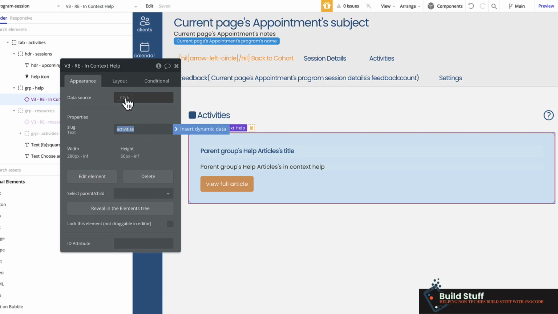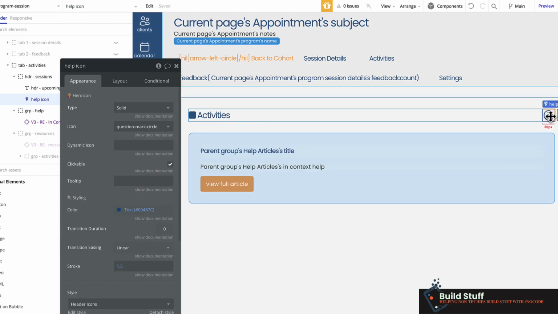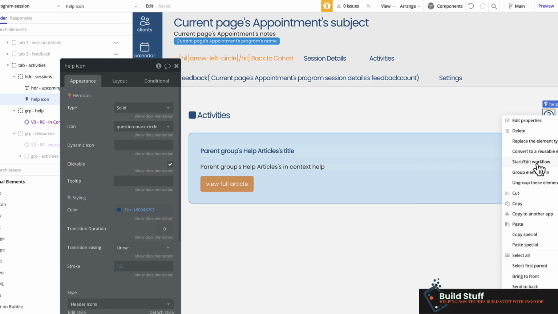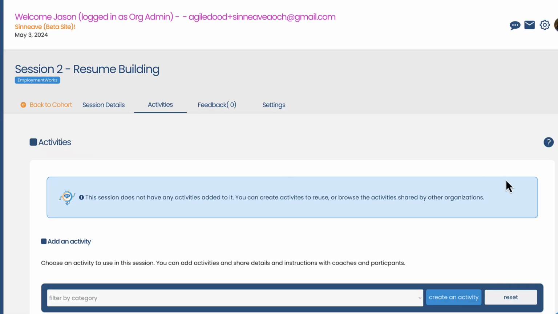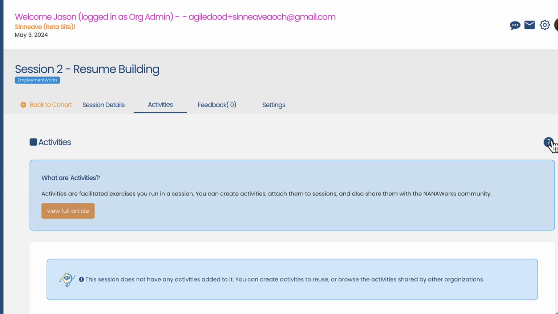You could also do this with a data source, so I could do a search where help article has this slug. This is just easier, so I can just type that in every time or paste it from the database result instead of having to click here and do a search for and set that up every single time. And I'm using hero icons. This is just a really simple workflow action, which is just toggle help, and it's going to toggle that group help. So let's go back to the site, reload this, click on this, and now it's going to pull the help article,